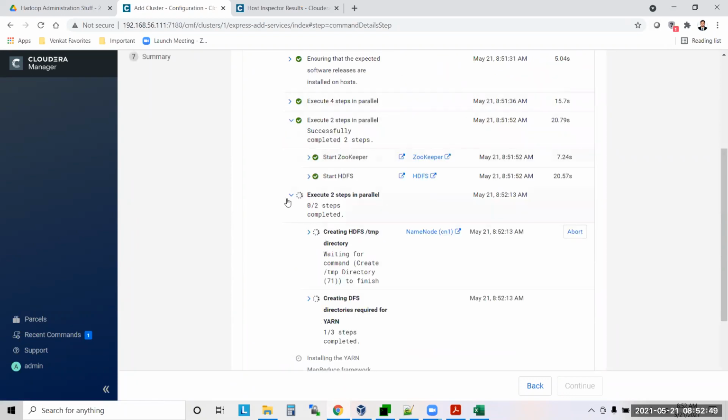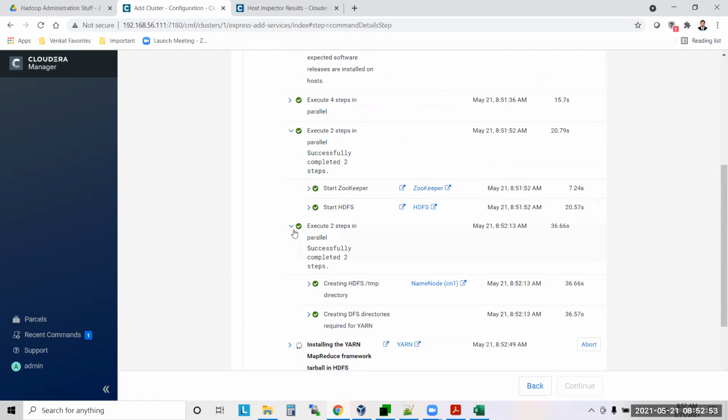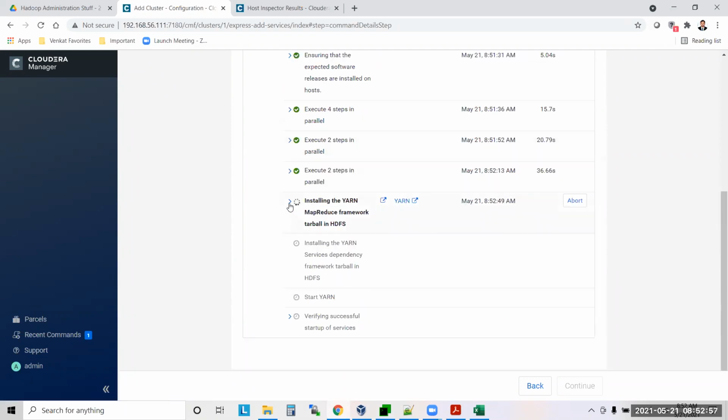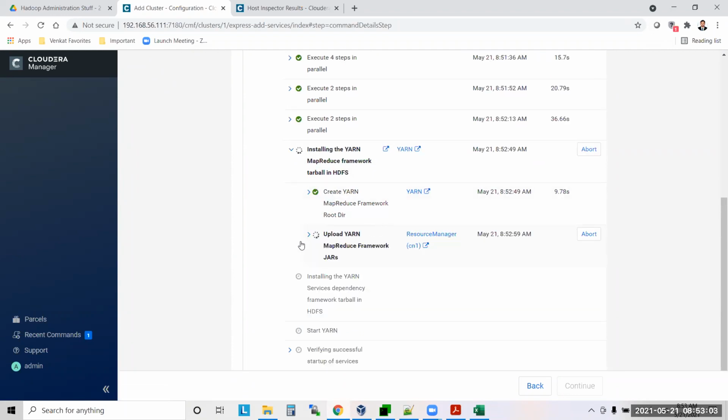Okay, this is also done. Okay, next, installing YARN components. Done.